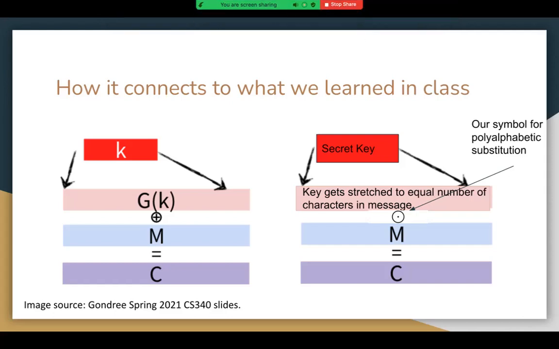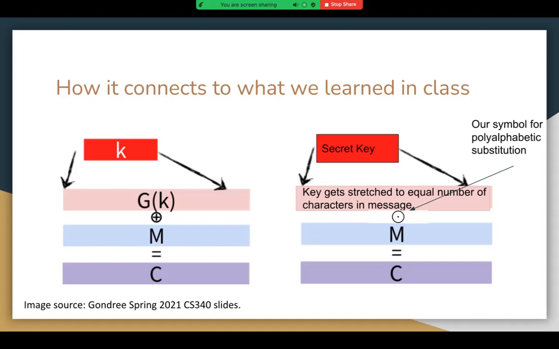So to connect it to what we learned in class, we pulled some of the diagrams from when we were learning stream ciphers to make a comparison, since in many ways our algorithm is similar to the stream ciphers. So if you recall, when we were going over stream ciphers, we had these diagrams to describe the behavior of the ciphers. So this, for example, was describing when you have a key and you use the pseudo-random number generator to the length of the key, XORed with the message itself,